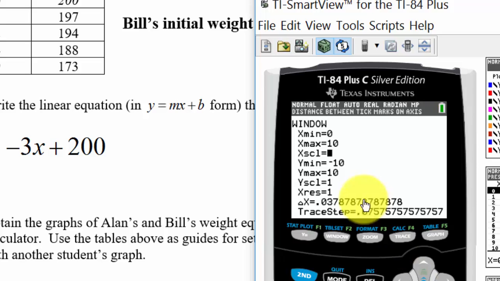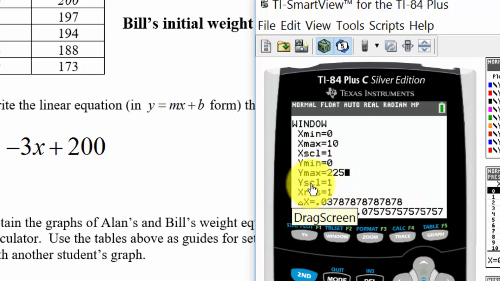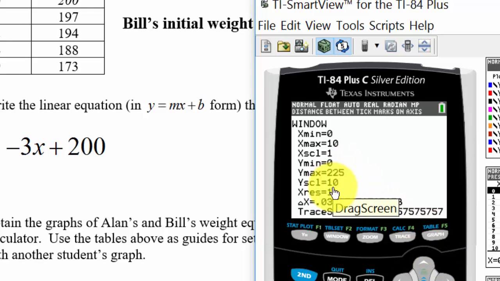And then in terms of y represents the weight, right? So I'll put a minimum weight of 0, even though we know no one's ever going to weigh 0 pounds. And we know that Bill's initial weight is 200 pounds, so my y max maybe should be a little bit bigger than 200. I'll try 225. Okay, and if you wanted to change your scale, this y scale, that would be if we wanted to count by 10s or 20s, that's fine. If you leave it as 1, that's fine as well. I press graph,